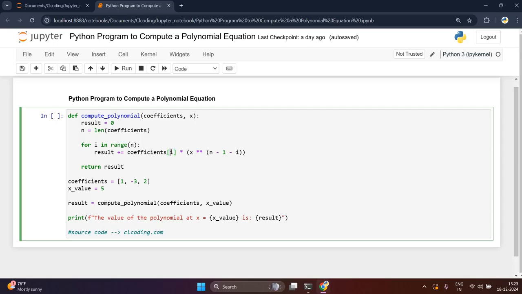Here coefficient[i] retrieves the coefficient for the ith term in the polynomial, and this part calculates the power of x. x to the power of the ith term is equal to this expression, which determines the power of x for the current term: the highest degree of x, and as i increases the degree of x decreases. So this expression, coefficient[i] times x to the power of n minus 1 minus i, computes the value of the ith term in the polynomial,